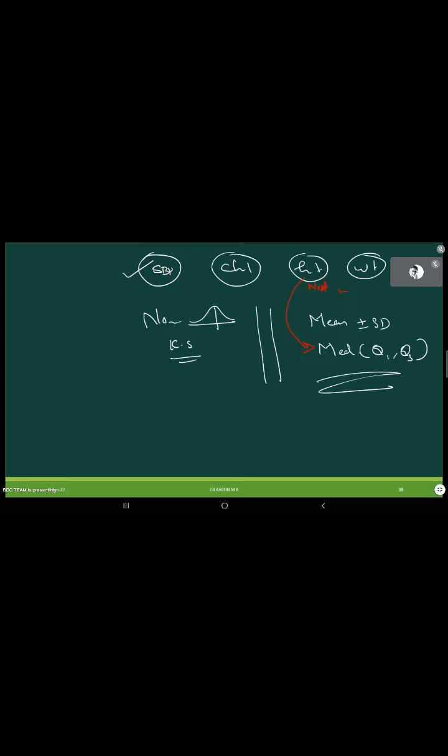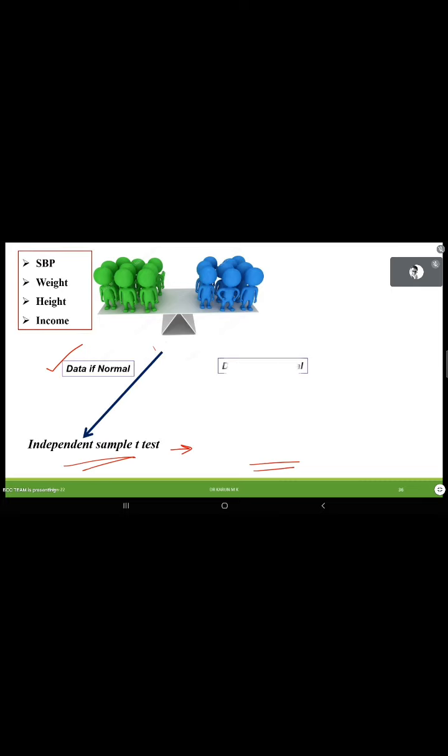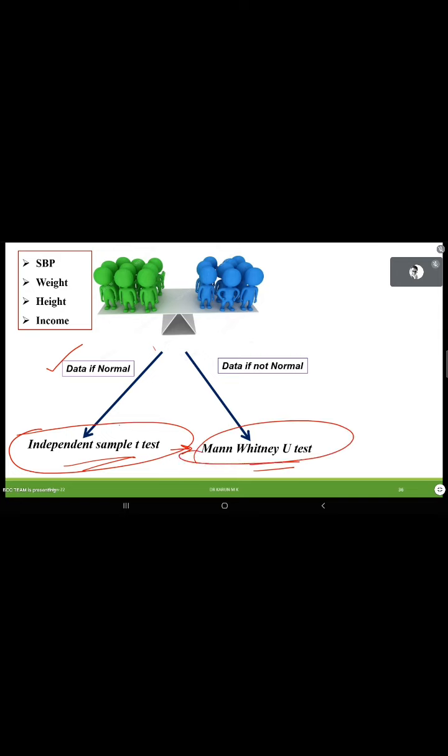Hypothesis testing is also divided into two based on normality. Whenever our data follows normal distribution, we will go for a parametric testing procedure. Otherwise, we will go for a non-parametric testing procedure. For example, the independent sample t-test is a parametric testing procedure. The Mann-Whitney test is a non-parametric method. That means we can use the independent sample t-test only when data follows normality. If the situation is the same and data violates normality, you should go for the Mann-Whitney test. I hope I conveyed what I was supposed to convey. Anyone have any doubt? Is that clear?